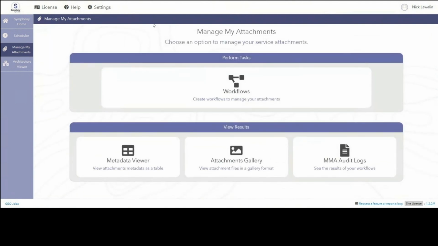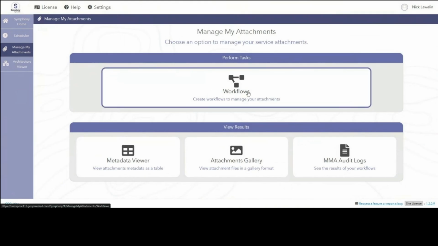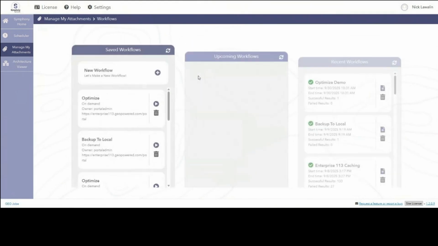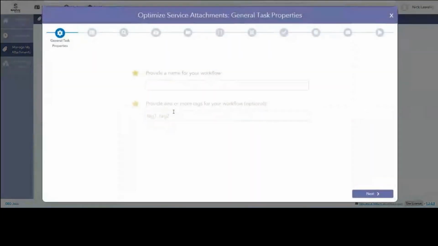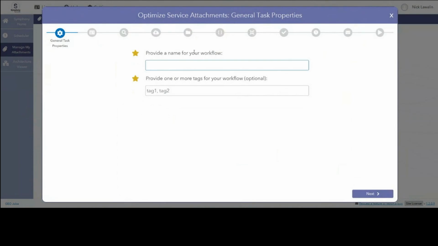But in addition to that, getting a sense of how many attachments you have is really valuable. But what people really want to do is stop those attachments from taking up so much space. So for that, we have our optimized workflow. We have this workflow builder here. We're going to choose the optimized service attachments. And this sets up what is under the hood as a scheduler task. So we discussed